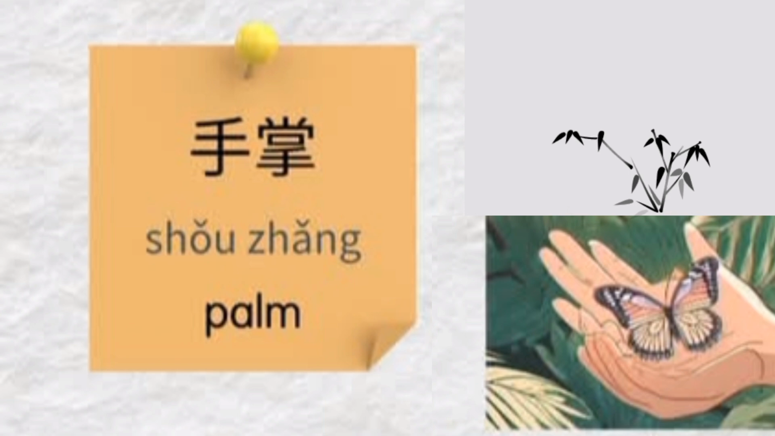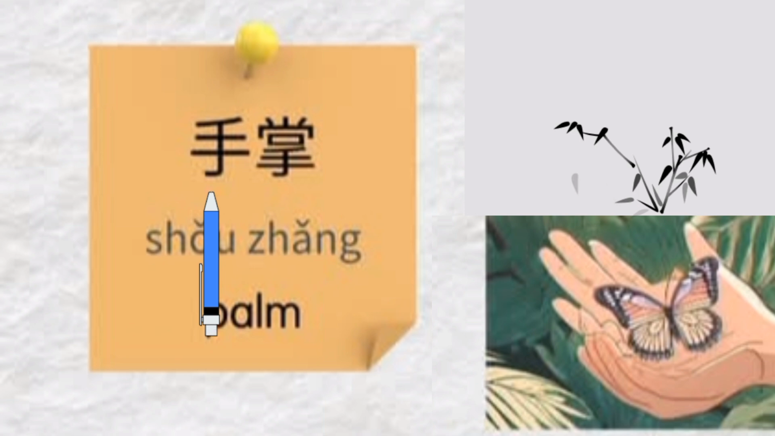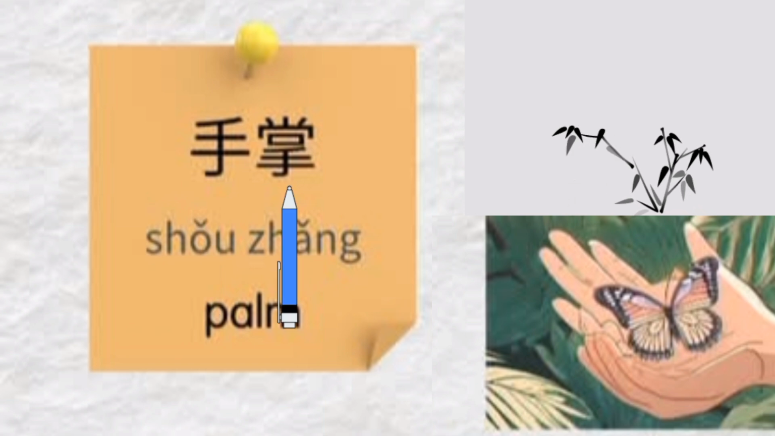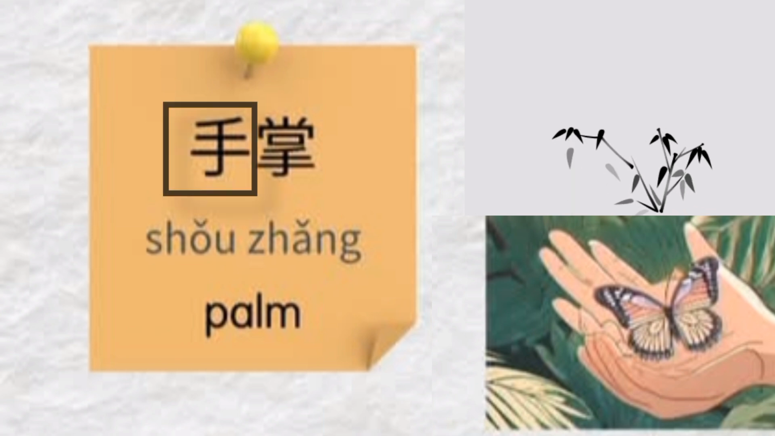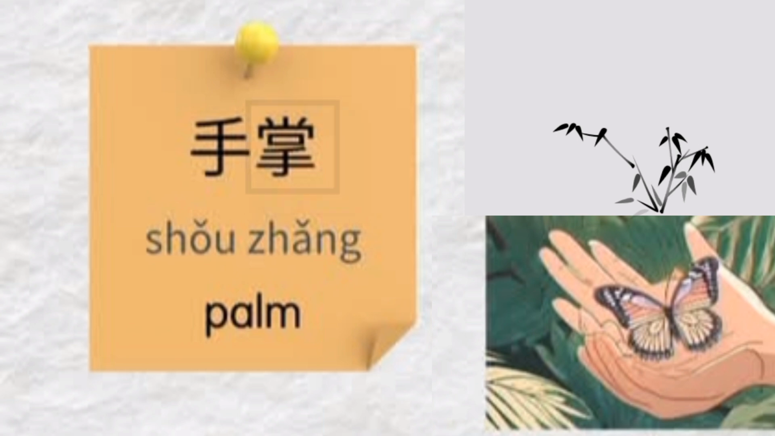Next we have palm, which in Chinese can be pronounced as 手掌. Let's practice it again one more time. 手掌. Let's explain it in detail. It has two characters, 手掌, with different meaning. Let's explore it. First character is